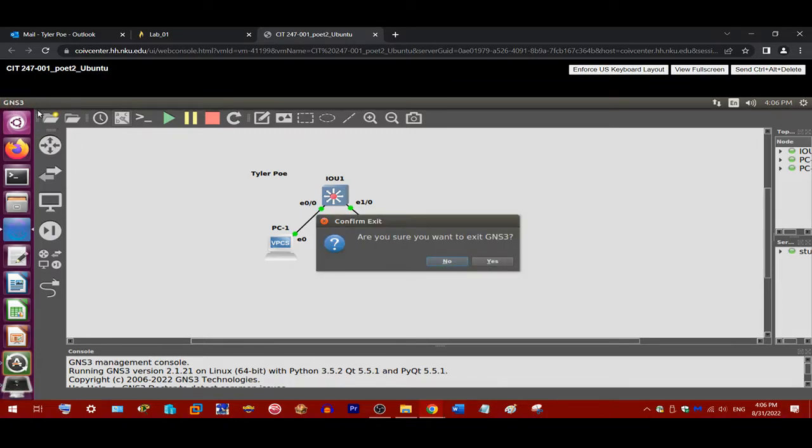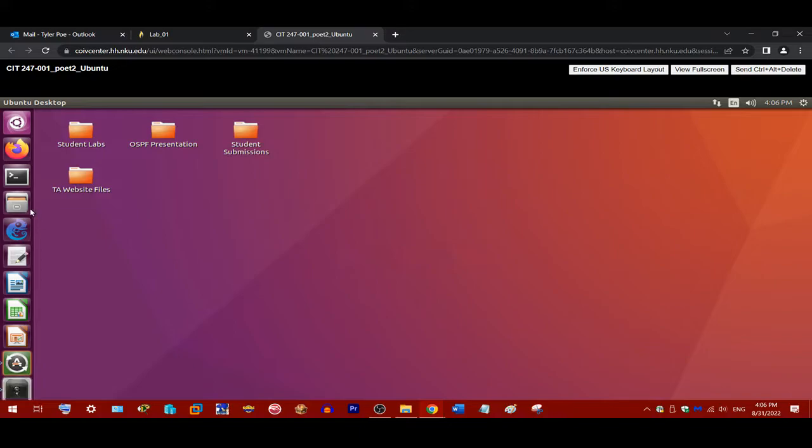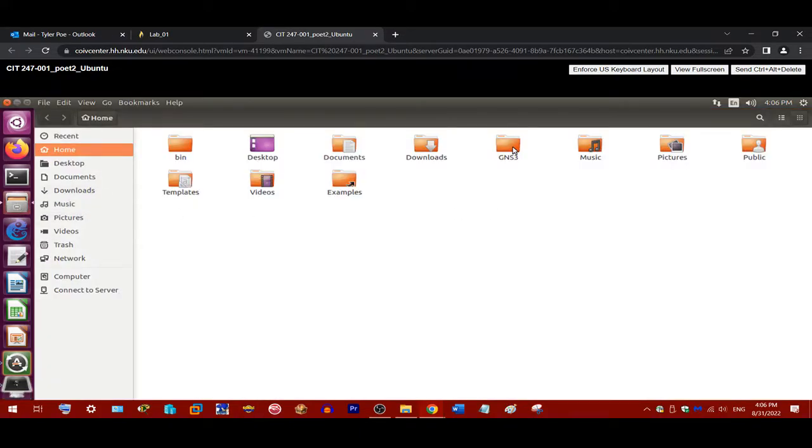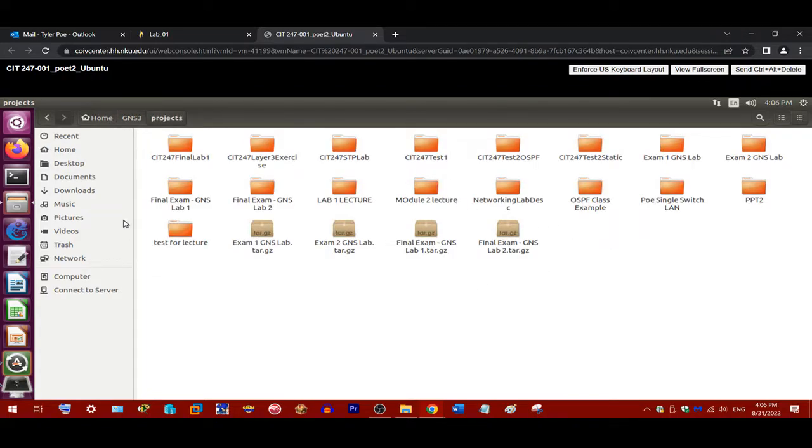When you're done, just press X and then yes. You can also turn off the devices if you want. You don't need to though. It doesn't really matter. GNS3 automatically does that. So when you're done, go to Files, this filing cabinet icon. Go to the folder GNS3, the folder Projects, and these will be all the GNS projects you've worked on